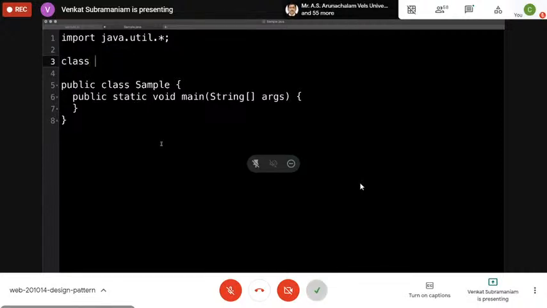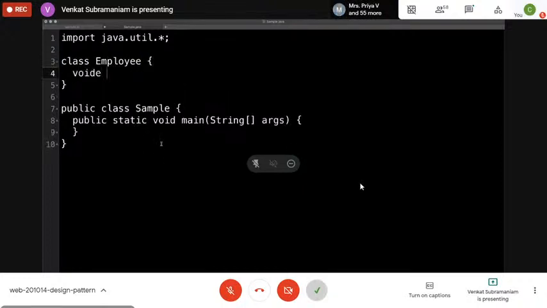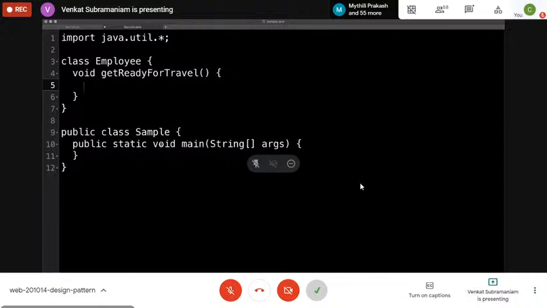So I'm going to say class Employee, and the employee has a function called getReadyForTravel. What am I going to do to get ready for travel? The first thing I'm going to do is hotel equals bookHotel. The first thing I need to do is book a hotel if I want to travel, isn't it? Because if I don't have a hotel to stay, where am I going to be when I travel?